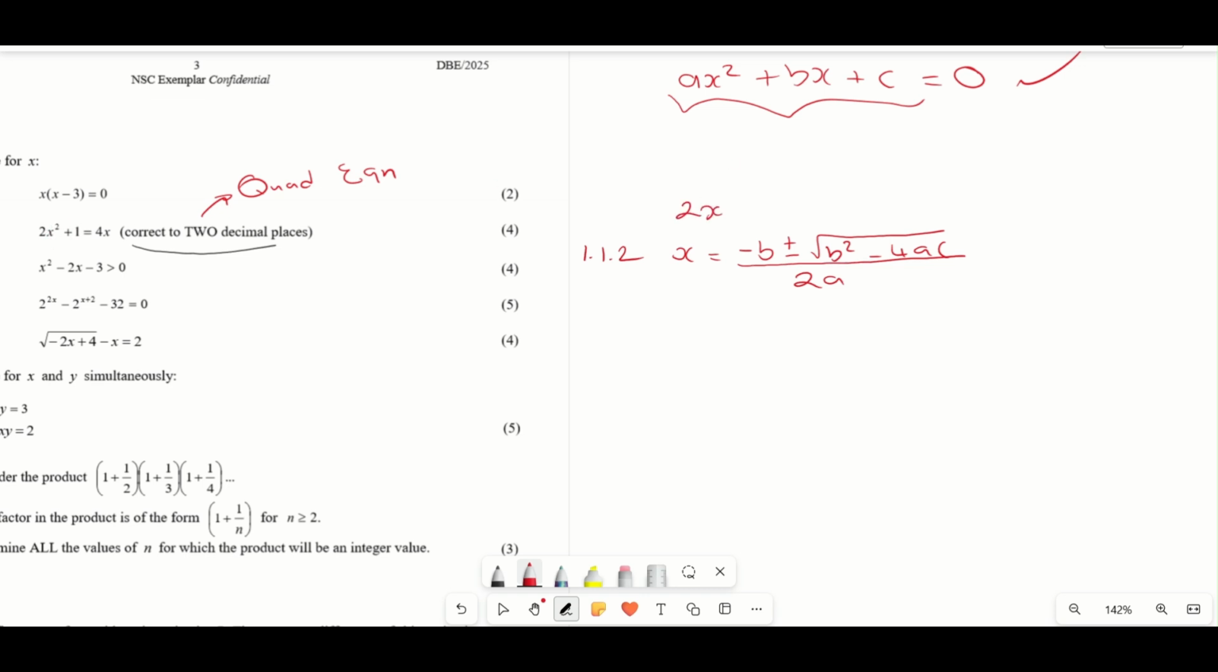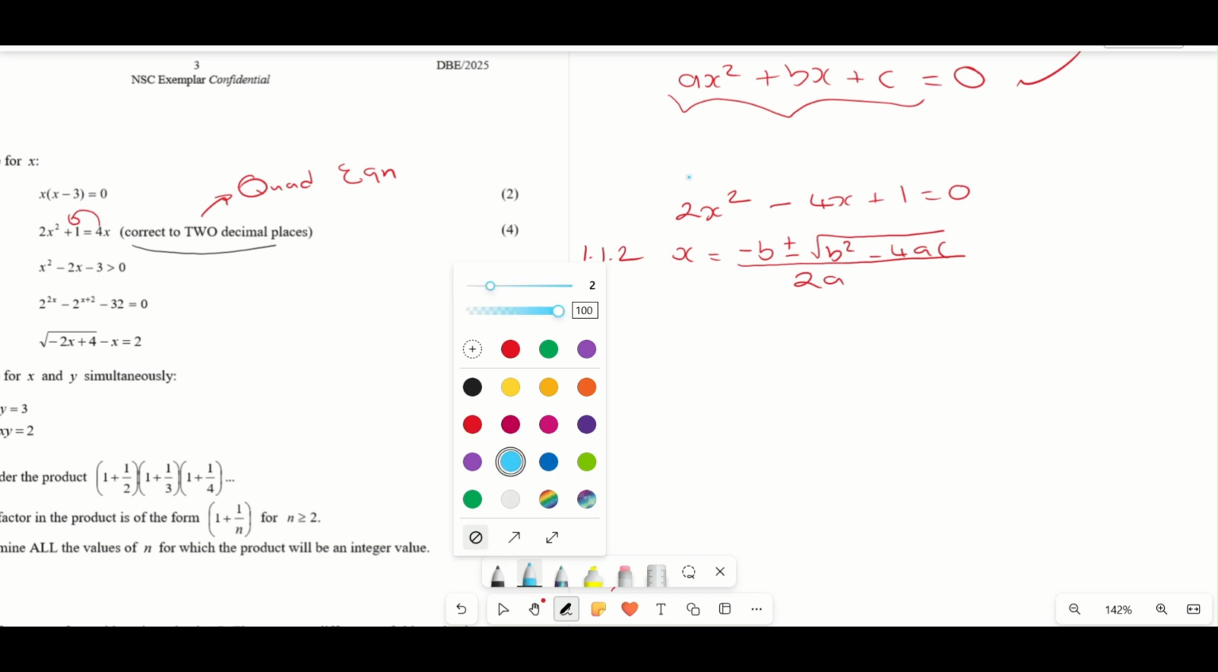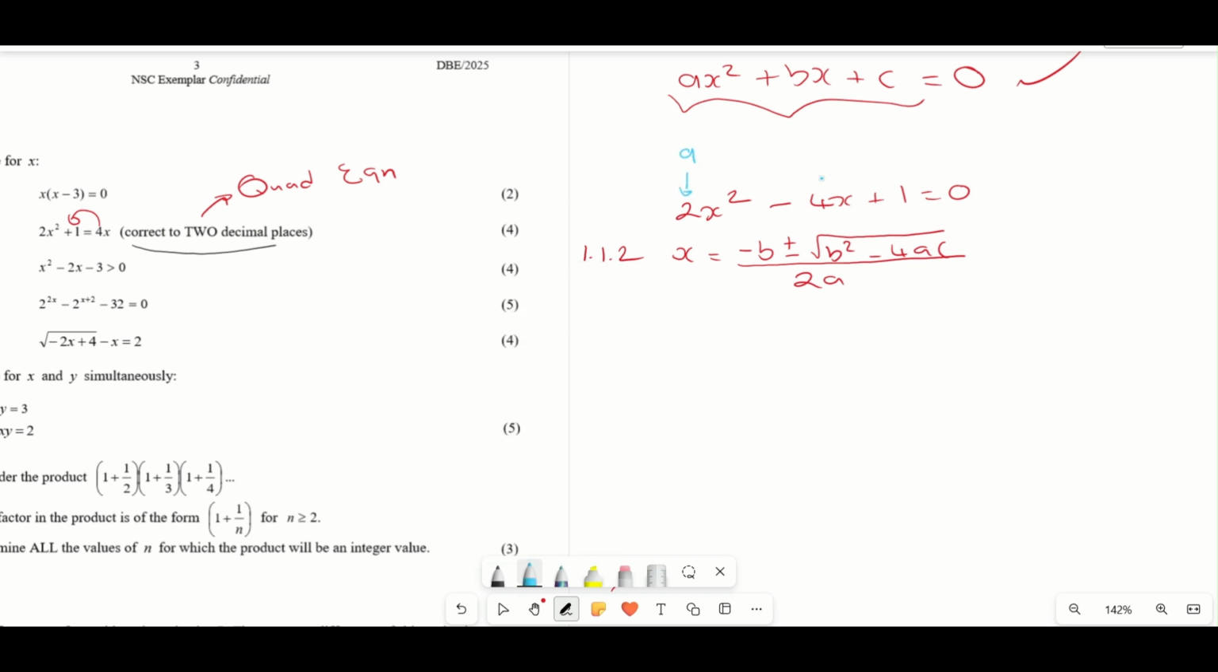So I'll have 2x squared minus 4x and then plus 1 is equated to 0. So what I did is I transposed the 4x to the left hand side, right? And then I equated this equation to 0, right? So now I have my standard equation. So we notice that my a here is 2, then this is a negative, so that means my b